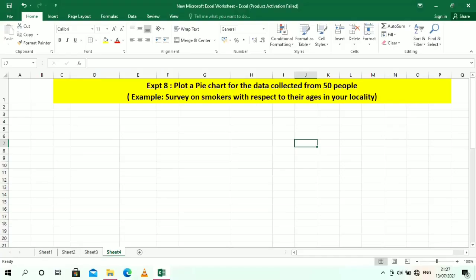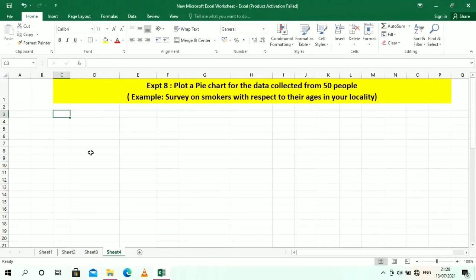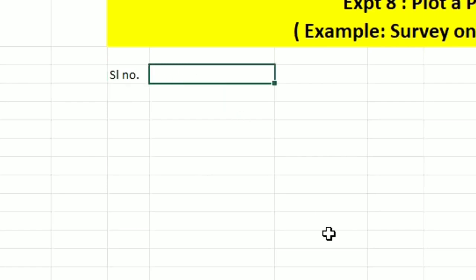Next, experiment number 8: plot a pie chart for the data collected from 50 people. For example, suppose a survey was already given on smokers with respect to their ages in your locality. For this, first I am going to type serial number. Next, name of smoker.